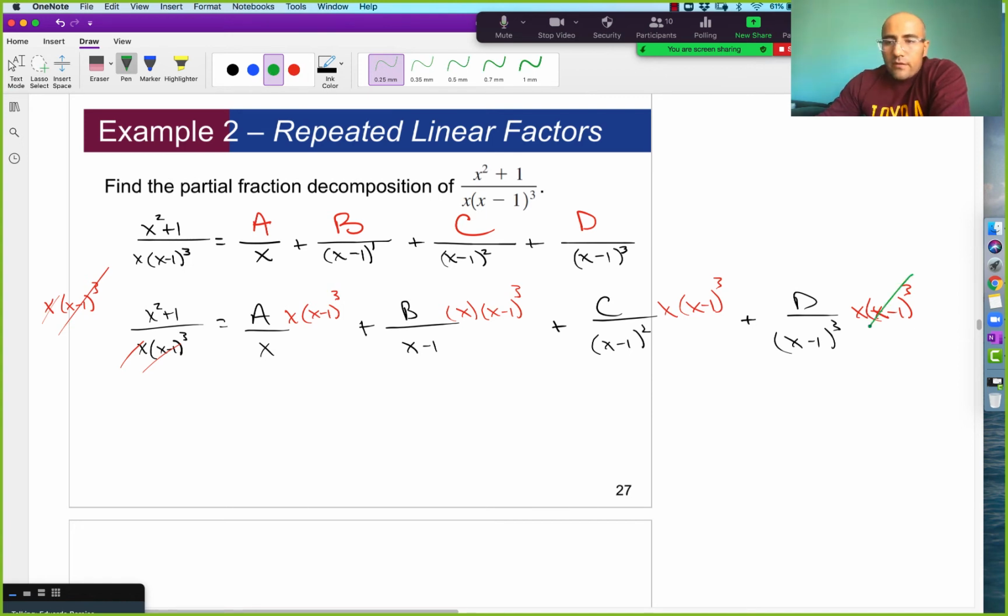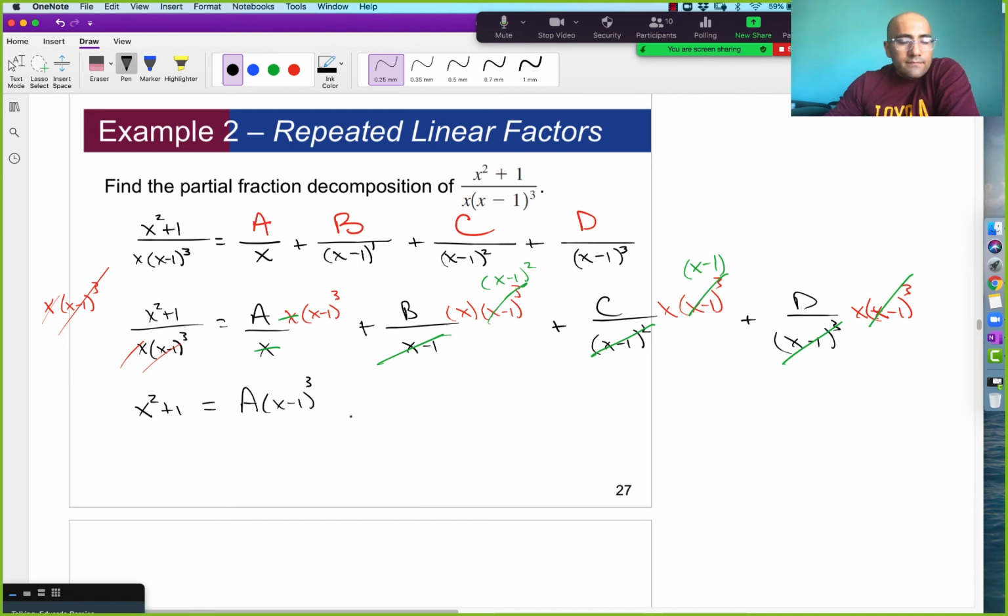Okay, well here, all of that cancels completely. Here, almost all of it cancels, except that one of them remains, right? It's a power of 1, so it'll still be an x minus 1. Here, only one of them canceled, so an x minus 1 squared survives. And here, that cancels, so an x minus 1 to the power of 3 survives. Good. Okay, so we're left with x squared plus 1 is equal to a times x minus 1 to the